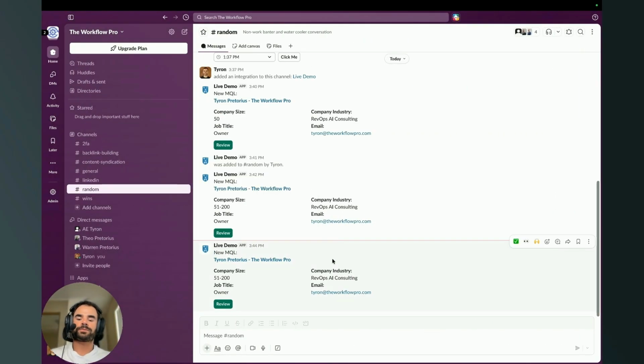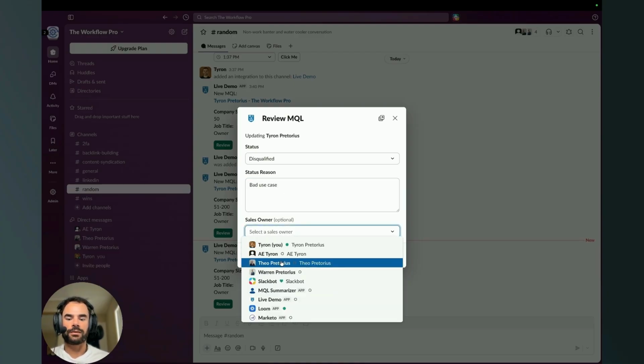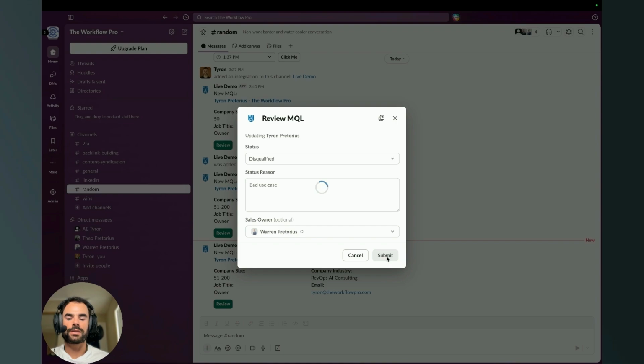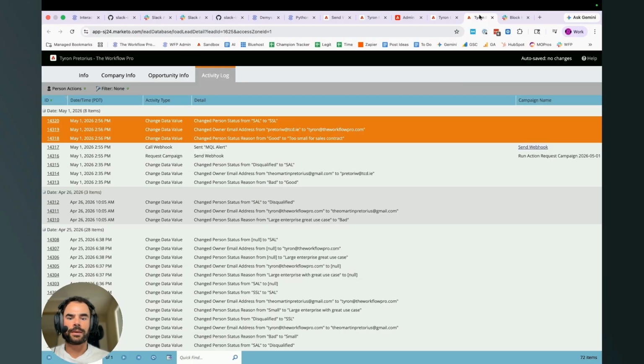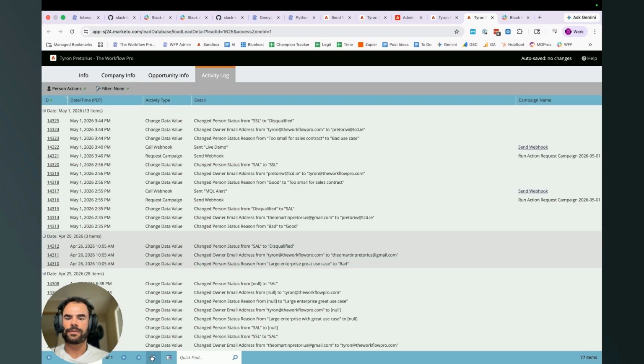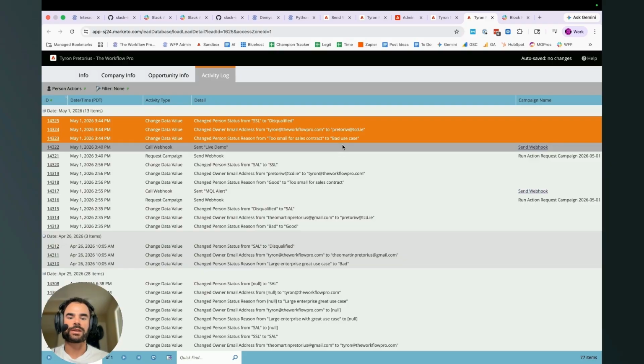live demo app. And then let's do the more fun part of actually testing out submitting the interactivity. So last time we said SSL, let's say disqualified this time, bad use case. And then the sales owner will be, let's choose my brother Warren, and go submit. And now we can see that the check mark emoji was added. And if we go back to Marketo and we refresh this, we can now see it was marked as disqualified. My brother's email address is now in the owner email address field, and the reason was updated to bad use